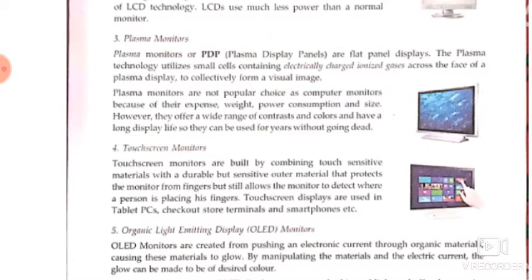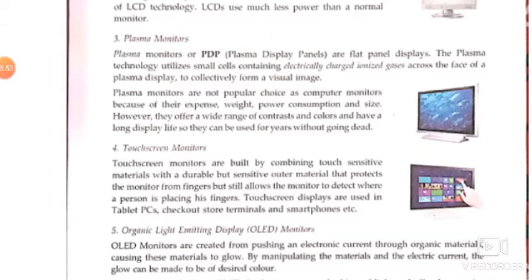As we can see in our smartphones also, touchscreen technology is used, where we can select or do anything just by touching with our finger. That technology senses the touch of our finger and works accordingly. Touchscreen monitors are used with tablet PCs, and we can see the example in our smartphones also.